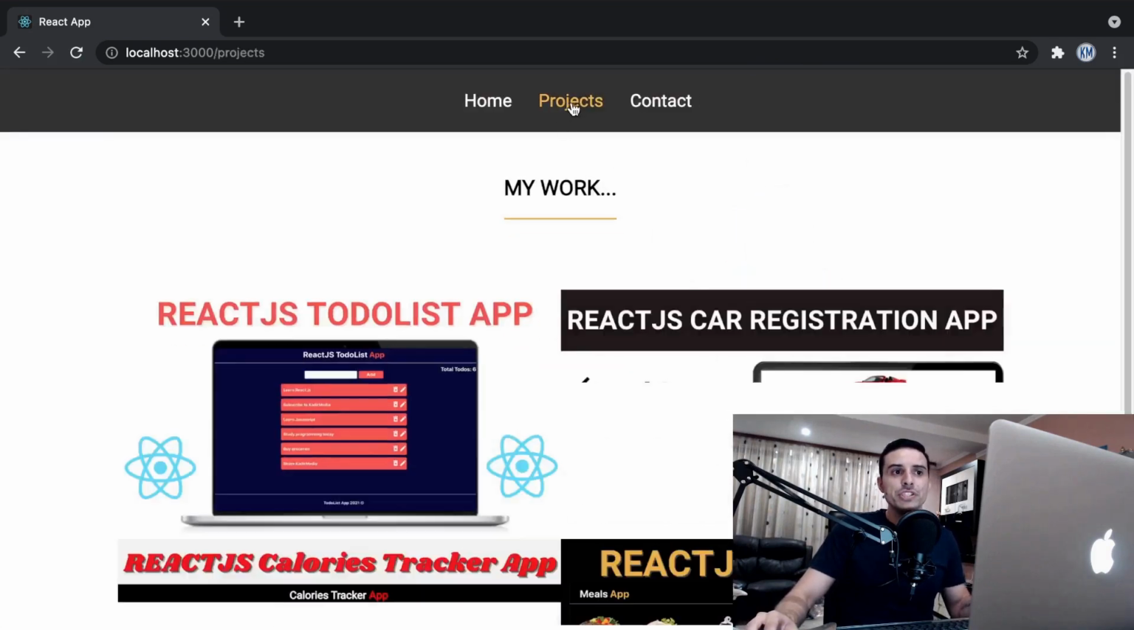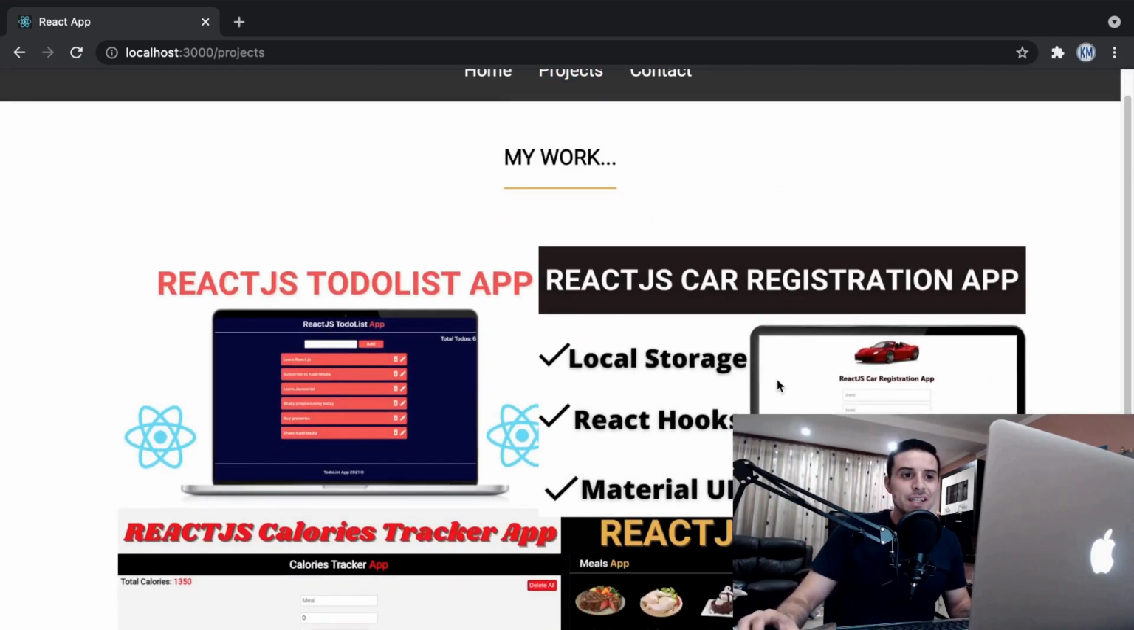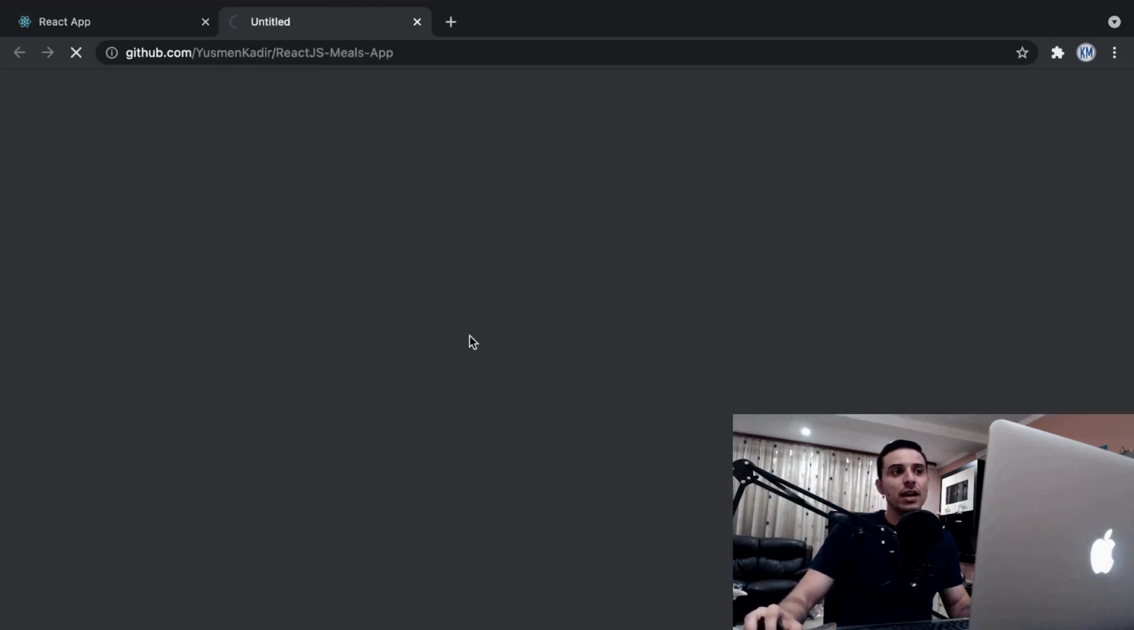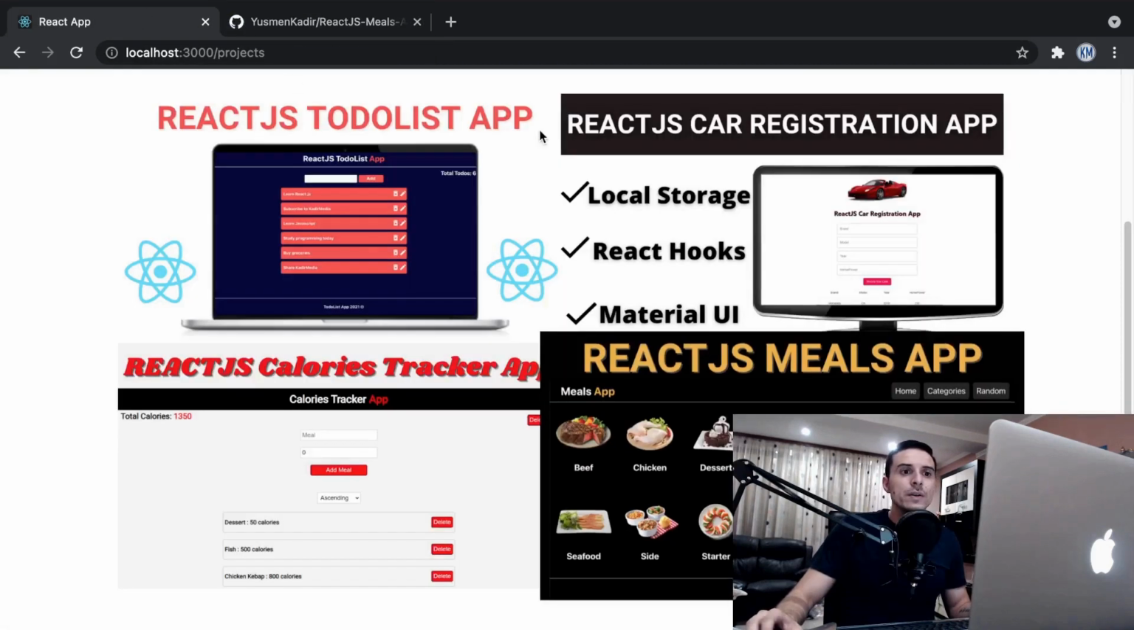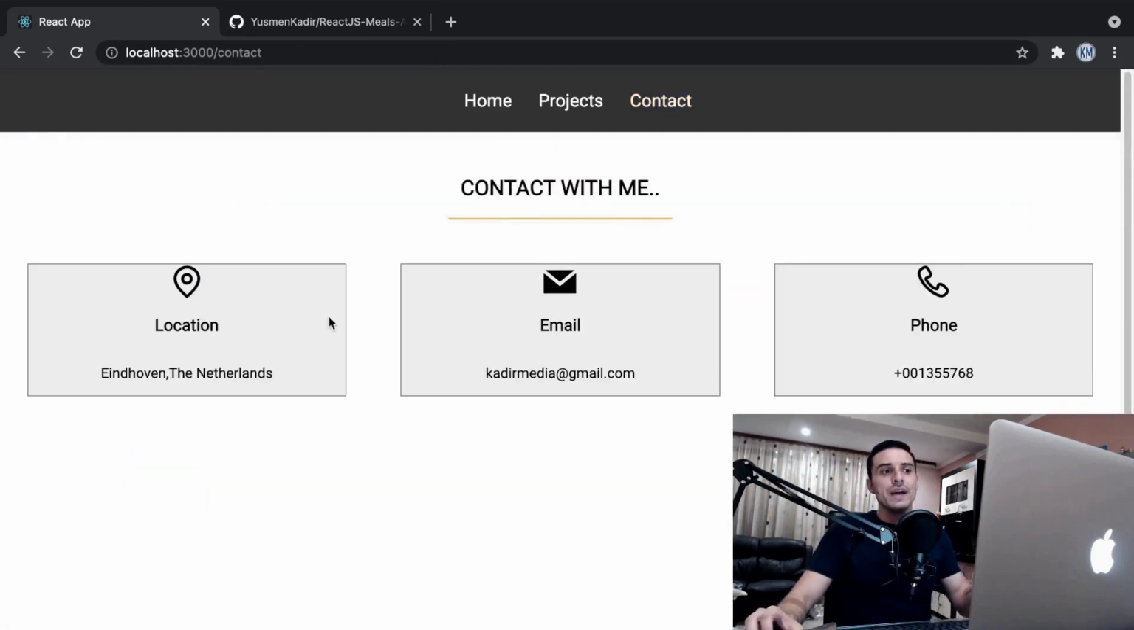If I go to the projects page, we have our projects listed, and if I click on a particular project, we are taken to the relevant GitHub repository, as you can see. And if I visit the contact page, we have this simple contact page with those cards with the email, location